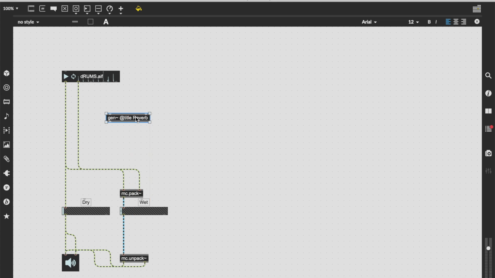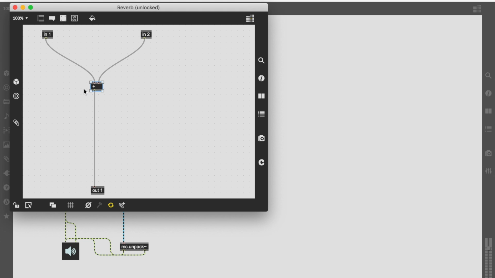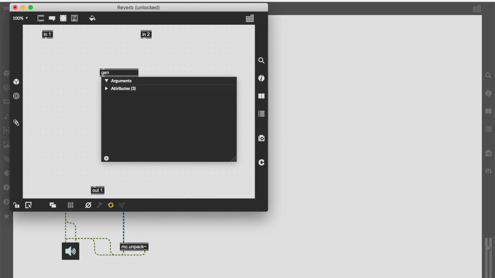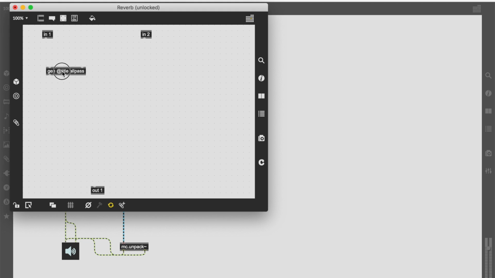Okay, let's open this up, and we're going to create another Gen, and this is the Gen subpatcher, and we're going to call this one allpass. Okay, and let's just pass this one here,